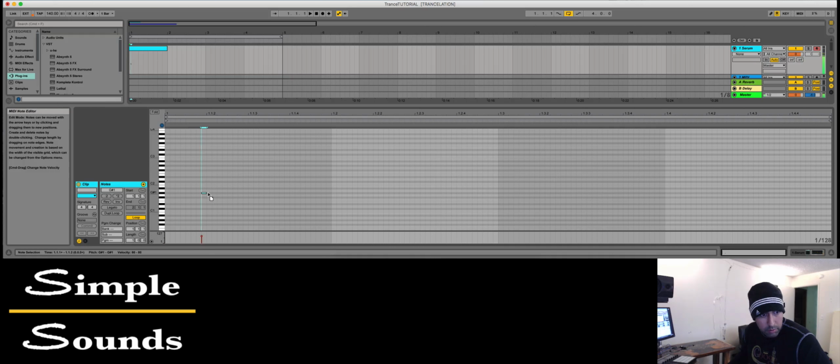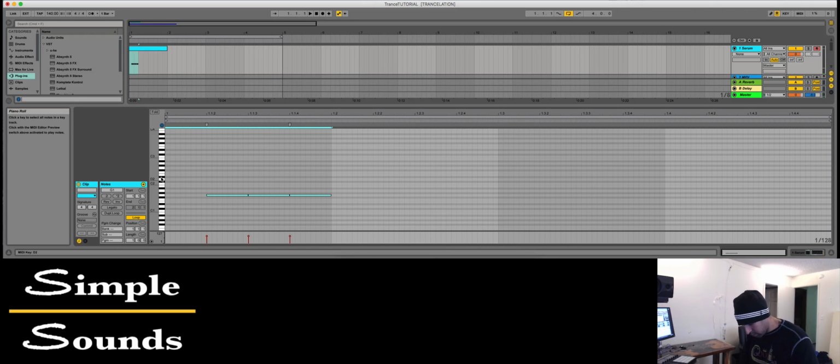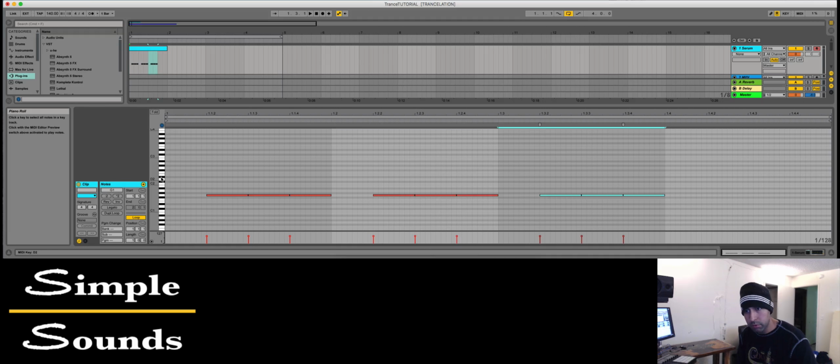Actually, so our kick drum is hitting there. So we want these to carry from these 3 positions here. And we're going to copy that across. So Command D will duplicate all of your MIDI notes. And now